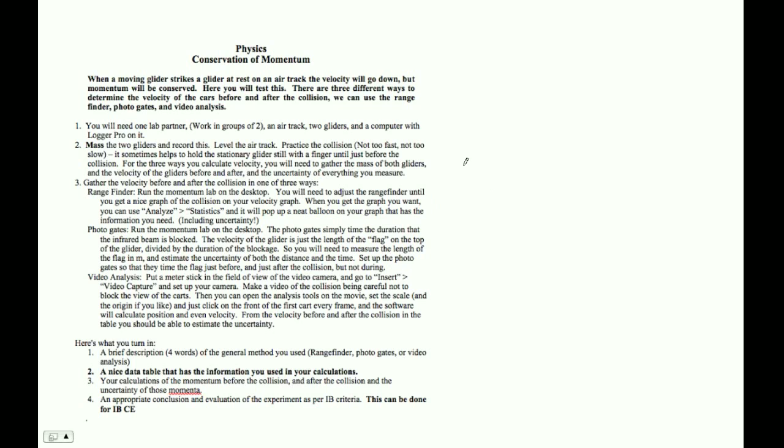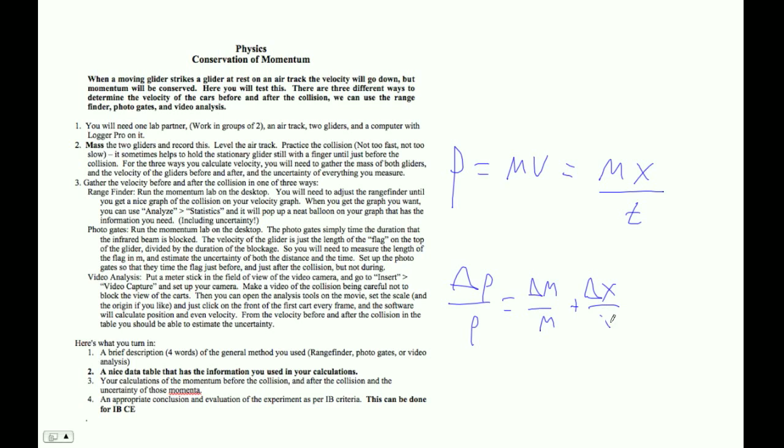And so your momentum will be mass times velocity, which will be mass times x divided by t, right? So your uncertainty of momentum will be uncertainty of mass over mass, plus uncertainty of the length of that card over the length of the card, plus the uncertainty of the time, which will be almost nothing because it times down to a microsecond, right? Remember that these uncertainties are just 1/2 of the smallest